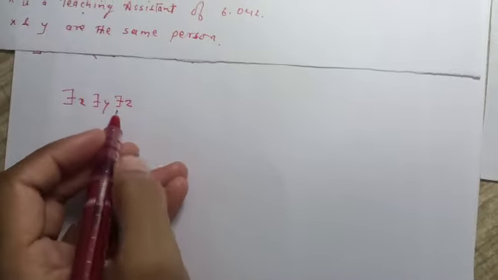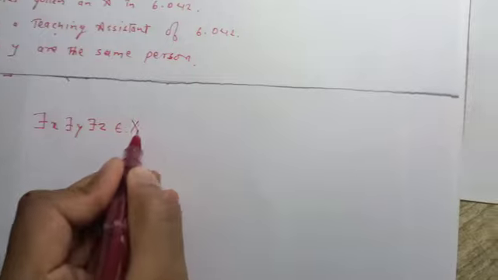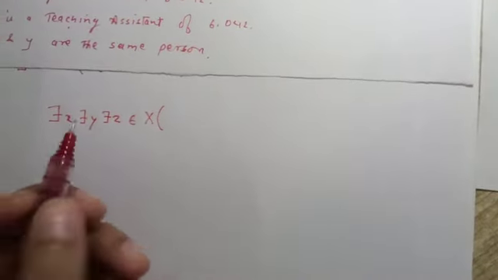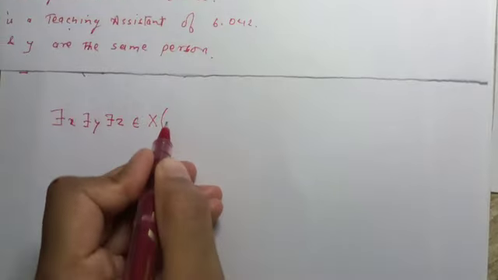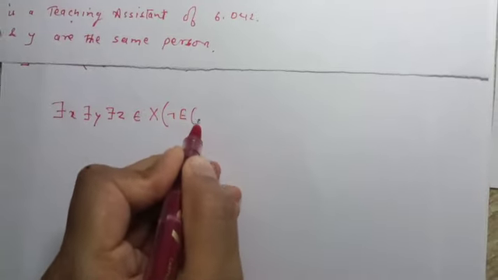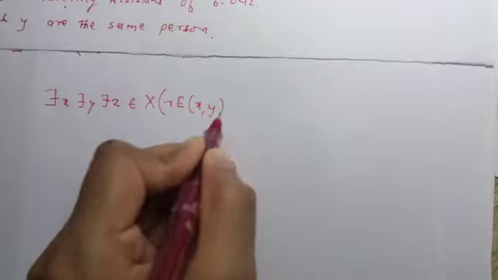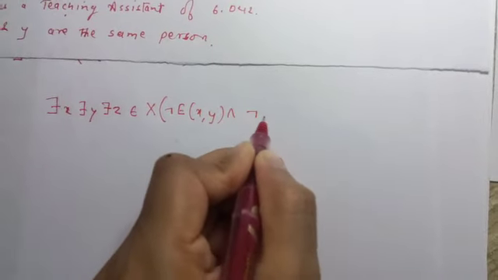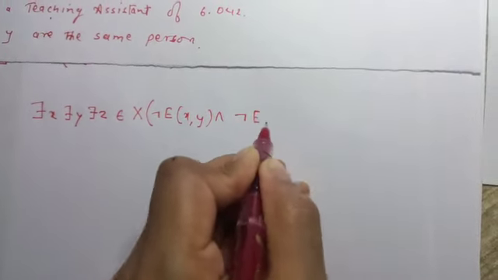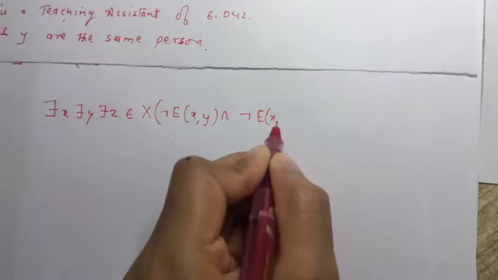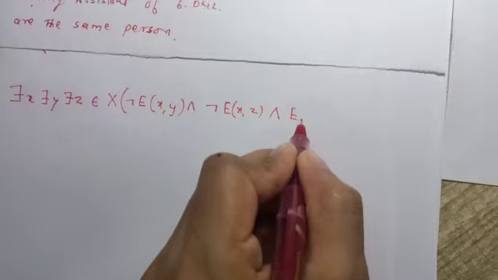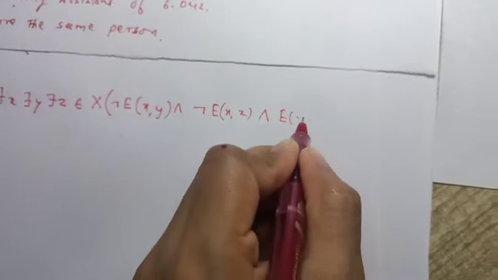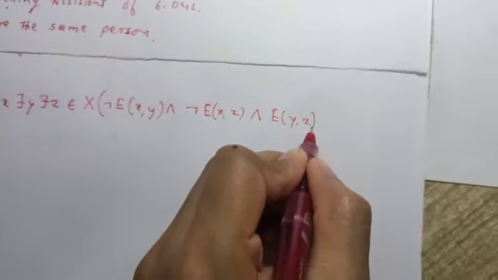Such that they are elements of the group of people, and now we have to show that these people are not the same. So we'll say not E of X, Y, and not E of X, Z, and not E of Y, Z. Okay,